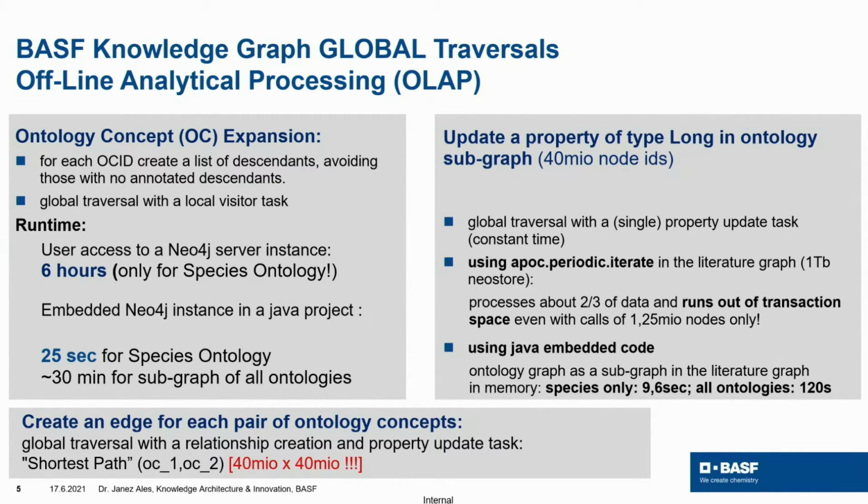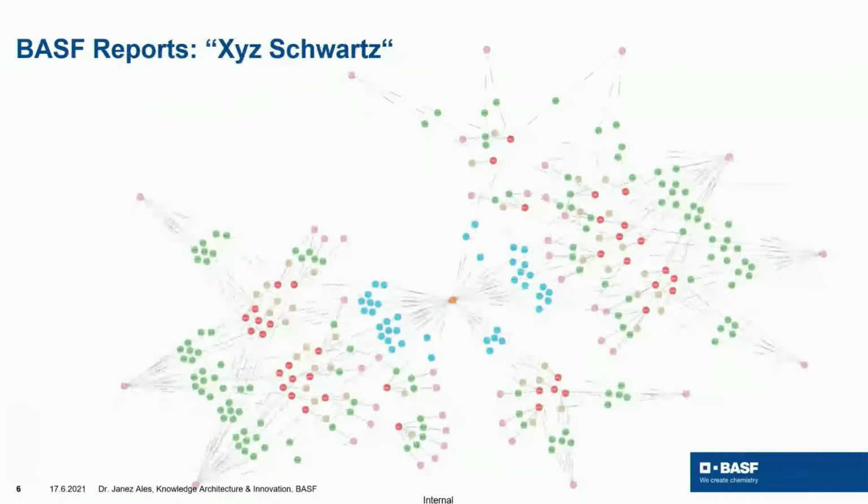Well, we have plenty of author instances, but we don't know which person they actually belong to. So let's look at an image of the BASF reports. In the middle, we have a meta node. All the blue nodes are instances of authors with exactly the same name. And here we group them according to the departmental, or if you want to look in the literature, the organizational signal. So the pink nodes are meta nodes for organizations or departments in this case,